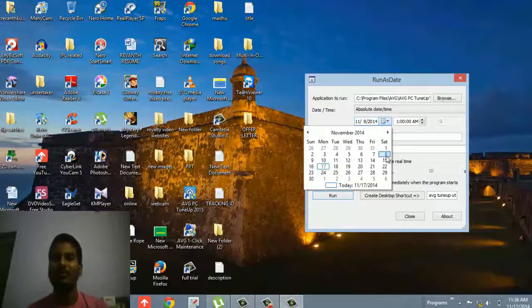It won't work. So the installation date is compulsory. You can change the date of the application trial version to any day after the installation date, not before the installation date.